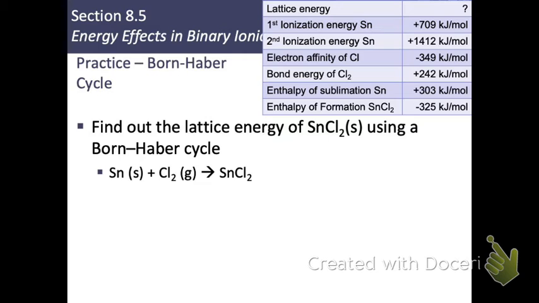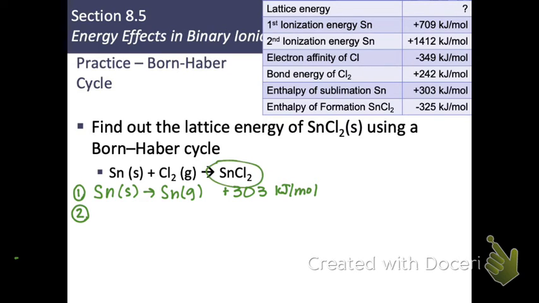All right, so step 1 is what? Solid to gas. Yeah. All right, we're gonna take Sn solid to Sn gas. That's called sublimation. And that's plus 303, right? Yep. And we only started with 1 mole. So we don't have to adjust that number at all. Okay, is this on the board big enough for everybody to see? Okay. Step 2 is